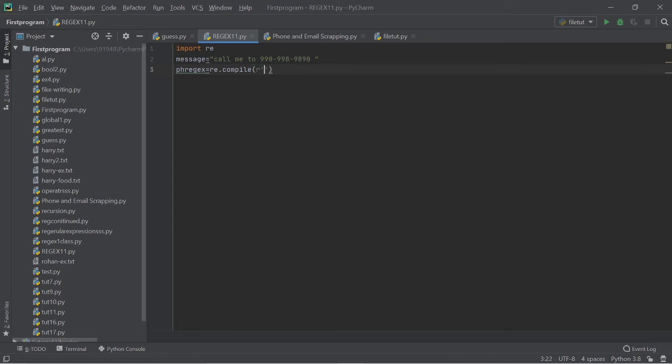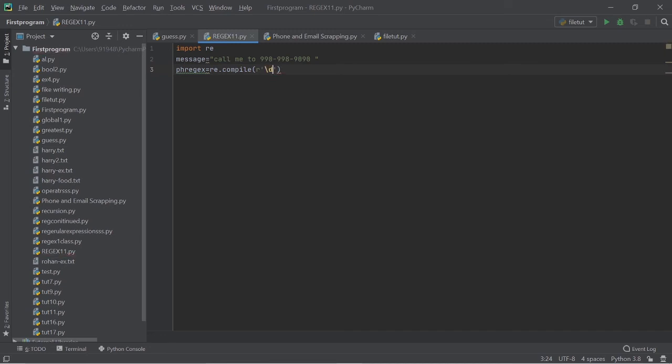A raw string is used so that it can read plus or even escape sequences, and it can read all the types of sequences which are written inside it. So let us use the raw string, and let me give the number pattern.